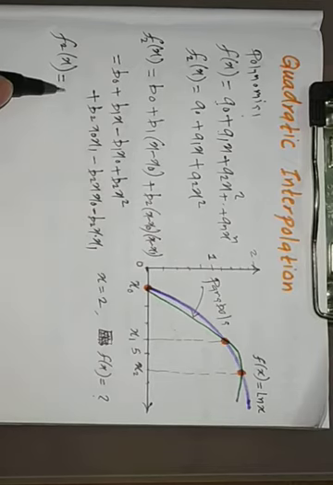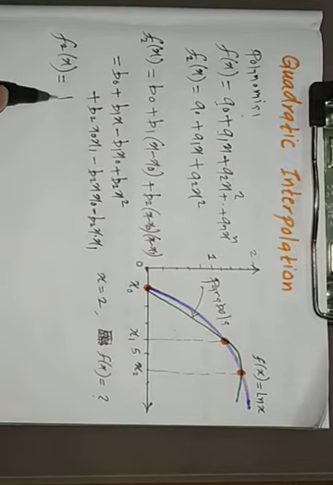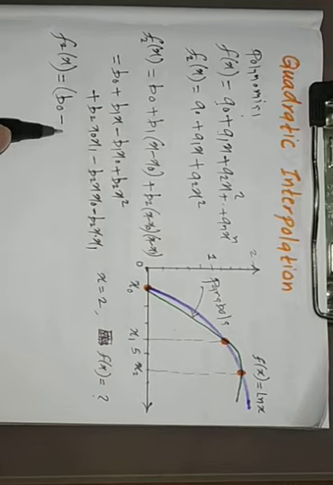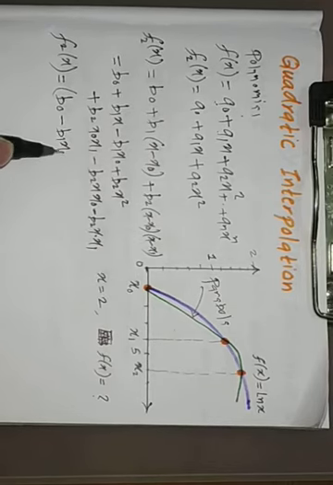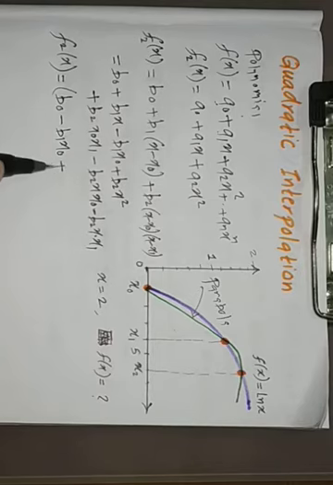Okay. Just we will rearrange the terms in the equation. b0 minus b1x0 plus b2x0x1